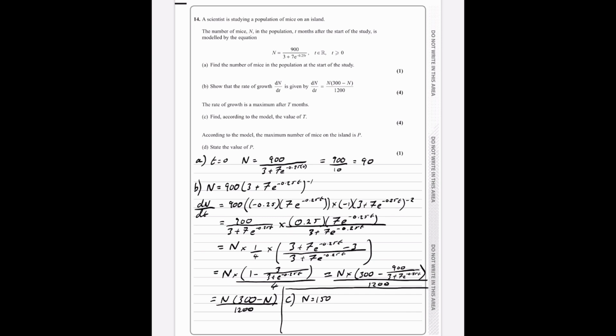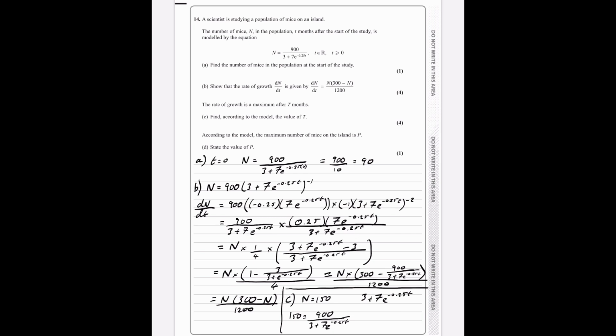For C, the maximum growth rate, we're looking at dn by dt, the expression we now have, that's a negative parabola, so the maximum growth rate is going to be between 0 and 300. It's going to be exactly halfway between 0 and 300, so it's going to be when n is 150. So plugging in 150 into the original equation